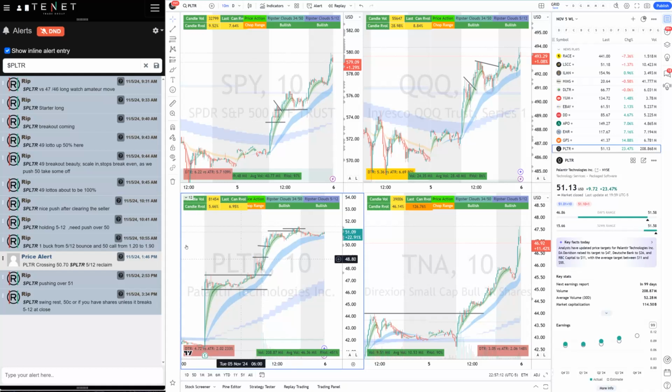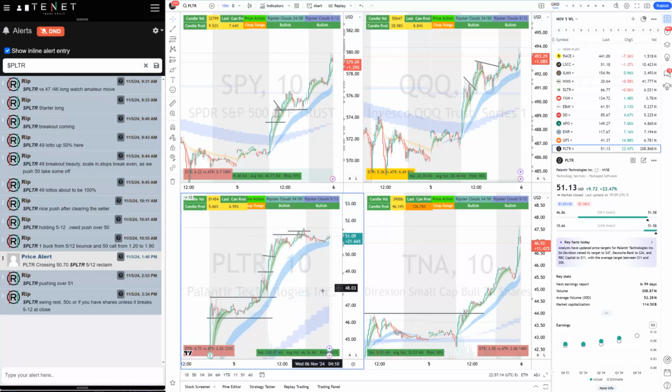I told everyone you can scale in on that breakout. You see that breakout happening, you could scale in on that breakout. You could trade 49 calls. Once they go in the money, you could trade 50 calls, and we traded all the way. So you can see that long 49, load 50, 49 load 100%, push to 50, take some off, and we consolidate at the 50 psychological level, breakout, pulled back. You buy the pullbacks on the cloud. We consolidate at 51 for a while, and then we held it, and then we pushed higher, and now we are swinging some. I can show you how the PLTR options moved for us really nicely today.